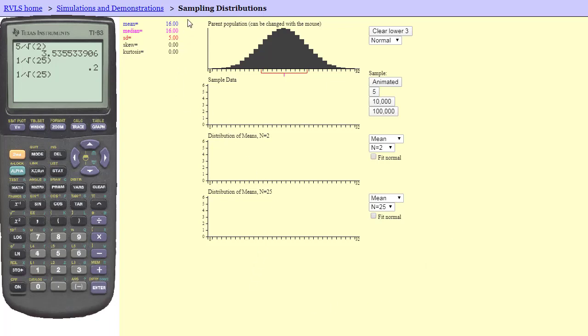Alright, this video is going to use this app to demonstrate the central limit theorem. And the central limit theorem says that if I take a bunch of samples of this distribution up here and